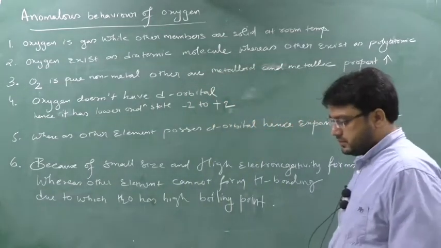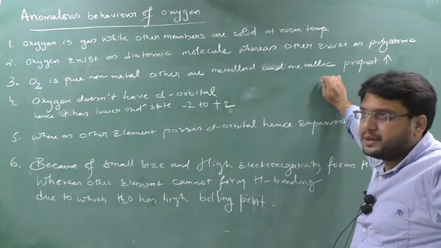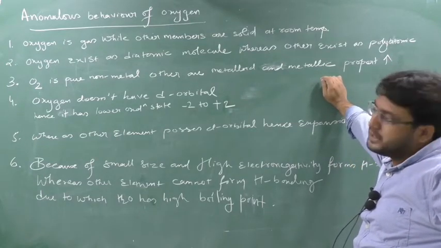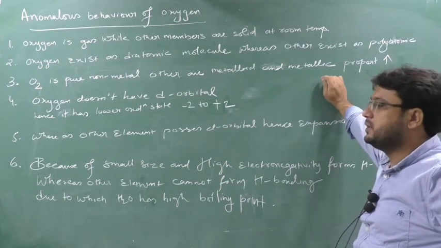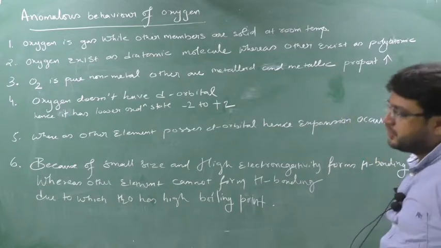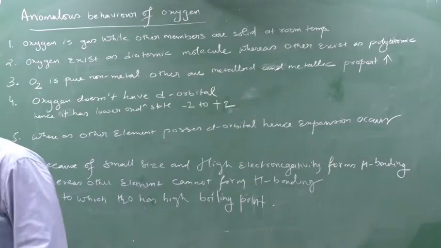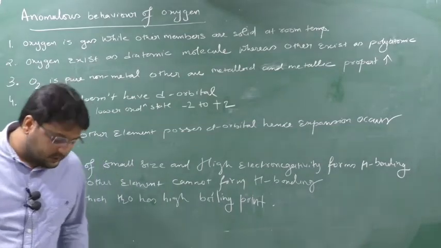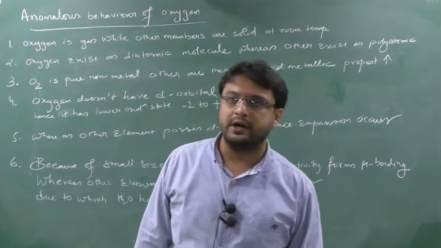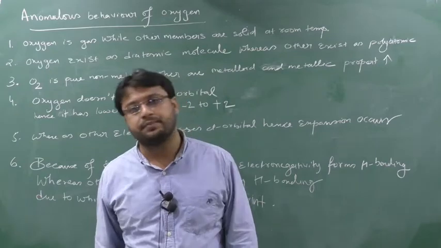Last class I completed the full oxygen topic. I have seen the preparation, properties and uses of oxygen. So today we will go with the anomalous behavior of oxygen, and then we will do the oxides of oxygen. Okay, so today two topics, you can make a note. First topic, we will do the anomalous behavior of oxygen, and then we will go with the oxides. Different types of oxides are formed by oxygen. This topic is also important, and that topic is also important.